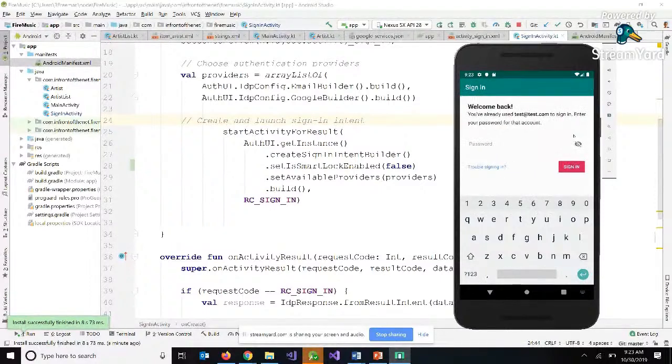Now notice it's smart enough. The first time I put in an email address, it just takes me to the register page, asks me for my first name, last name, and password. Because it already recognizes this email address as valid, it now asks for the password. So if I put in an invalid password,